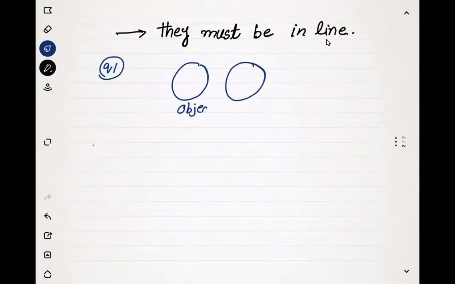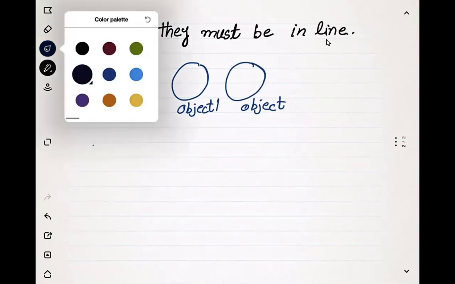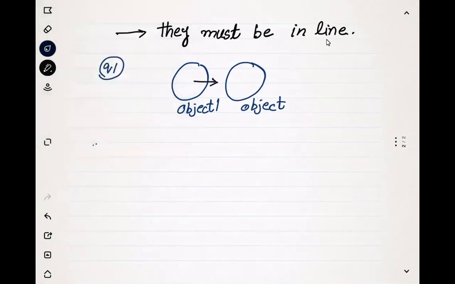This is object 1, this is object 2, and here this force is F. Here this force is also F. So for example, if this force is 10 Newton and this force is also 10 Newton